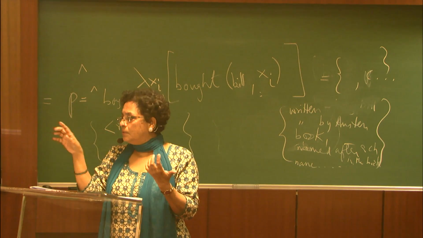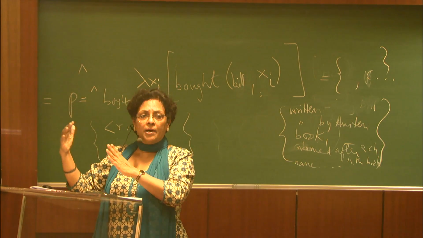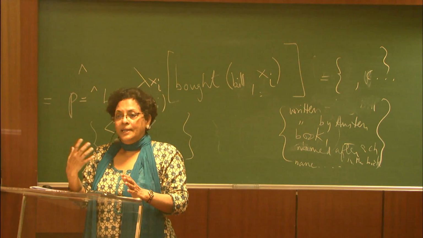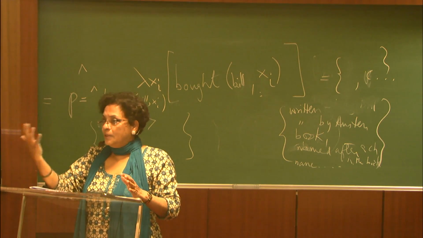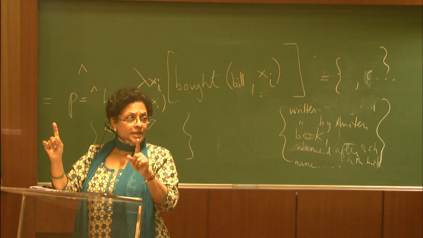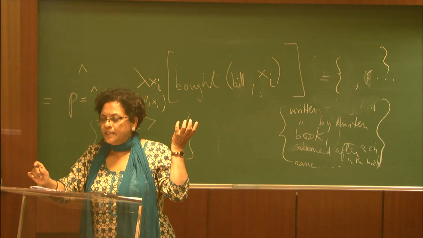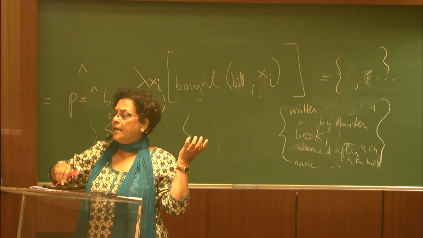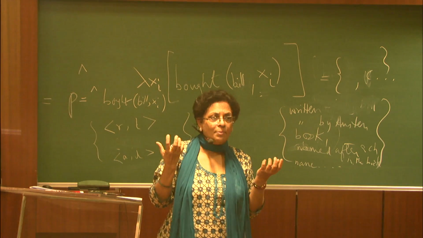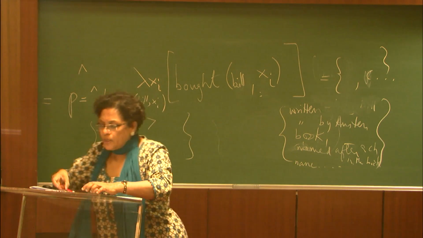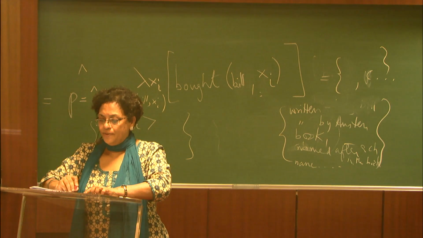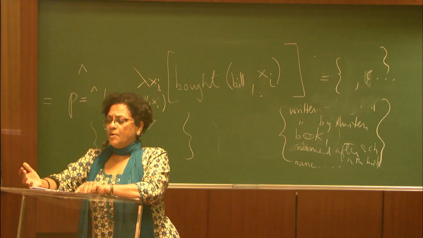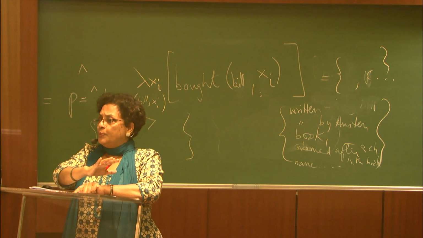So what do we do? We look at the C part and we say, is there a way for me to make this into a property? Lambda calculus gives you a way. You look and you see, is there a free variable with the same index? So which book has the index I, which I forgot to put here? So that which book should have the index I? And so if I can find an x sub I, I can abstract over it, which is what I have done on 3, right? So lambda P, there exists an X, X is a book, and P is a property of that book. That I got from which book.